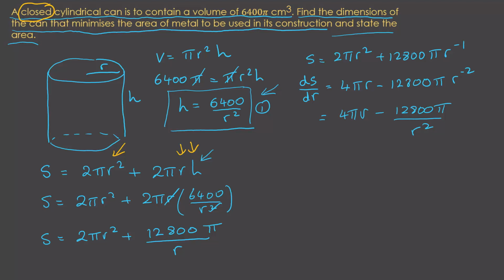Now, because we're doing calculus here to find a minimum, we need dS dr equal to 0, and that means that 4 pi r take away 12,800 pi over r squared is equal to 0,